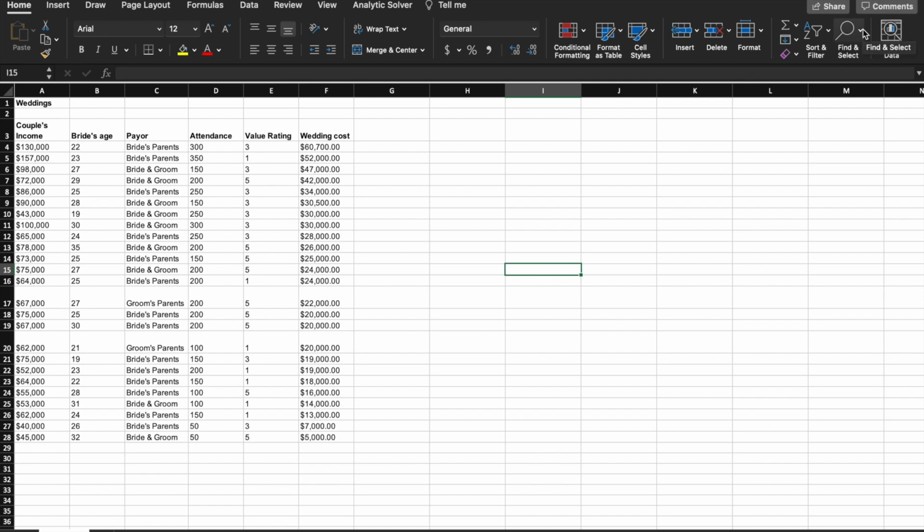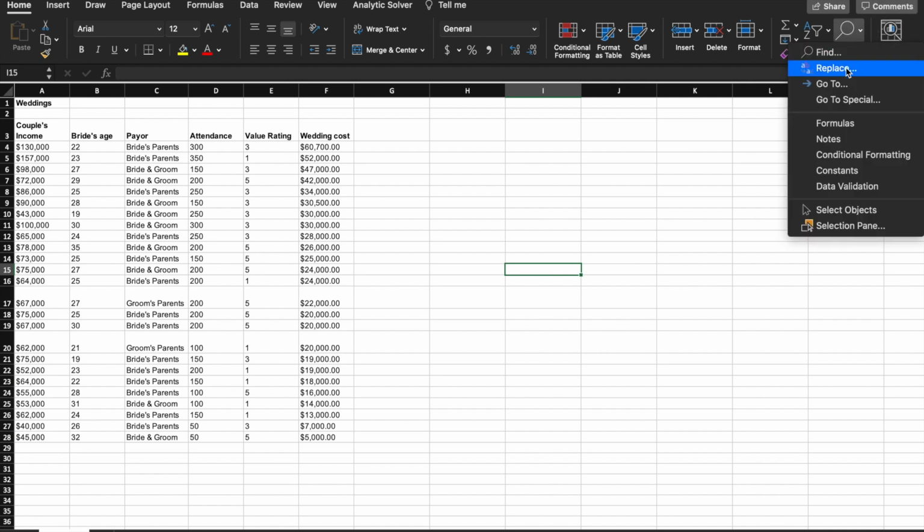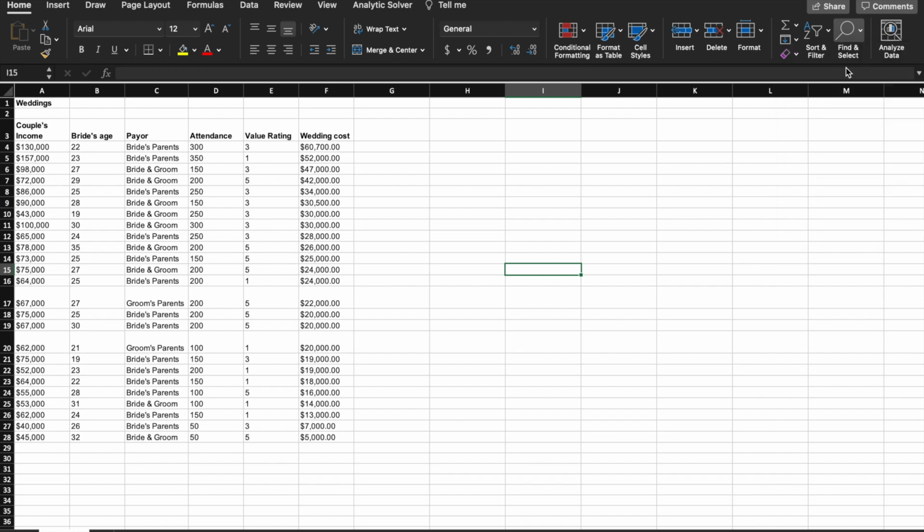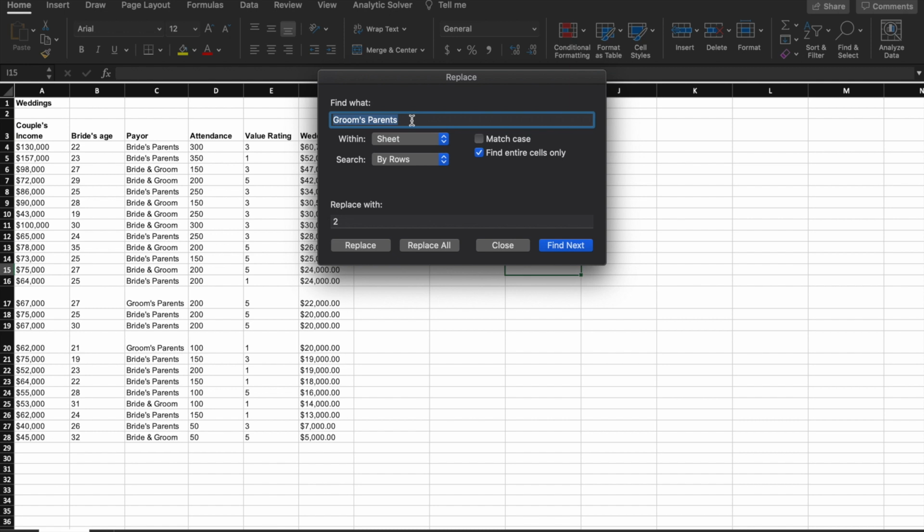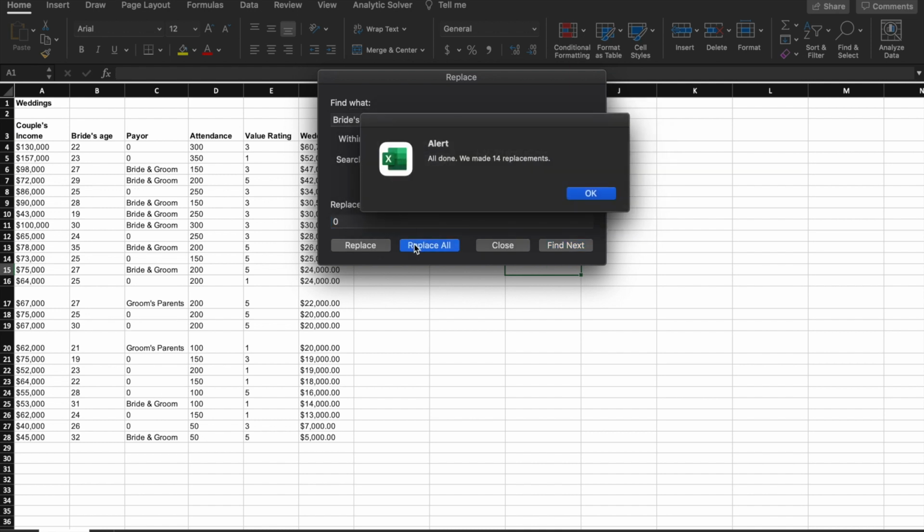We can go to Find and Select right here, and I'm using a Mac, so the interface might be a little different. So we'll replace, we'll start with bride's parents, and we have to be careful with case,